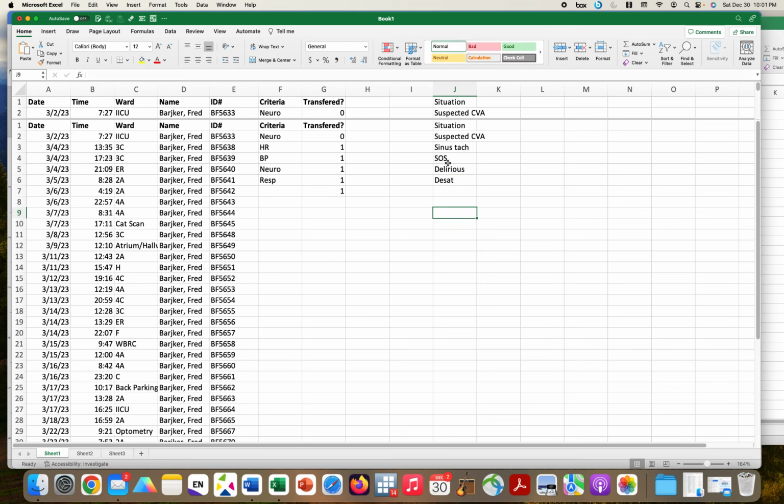And so here are the more granular descriptions, but you see what I try to do is when I put criteria down, I try to restrict myself to 5 or 6 different terms. So I use neuro, heart rate, blood pressure, respiratory. I'll use chest pain as well, CP, and if there's a big bleed, I'll do bleed as well. And that's basically it as far as concern. And so by having these criteria restricted to just a very small subset,